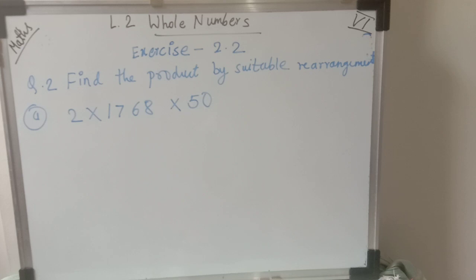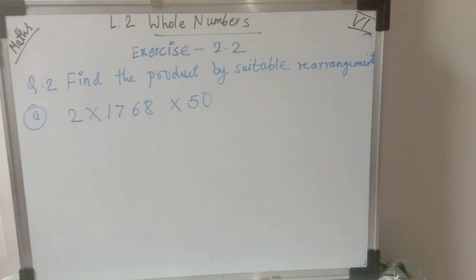If we multiply two numbers, where will we get the 0? Those numbers we first have to take together. Let's do the multiplication, and whatever product comes, that product will multiply with the third whole number. So here 3 whole numbers are there. It means which property is this? This is the associative property, where we have learned that when we multiply 3 whole numbers, whatever the product comes, it remains the same after changing their order also.